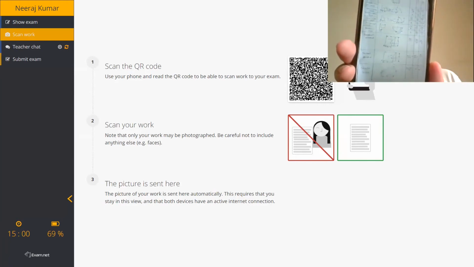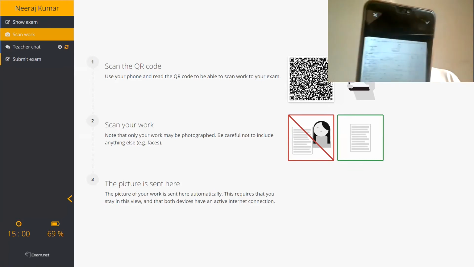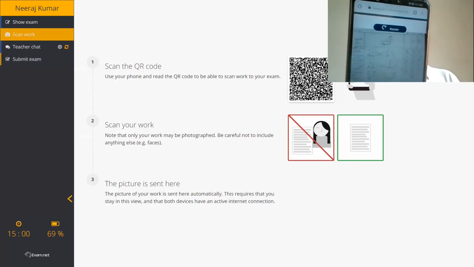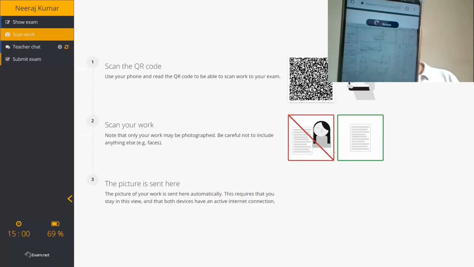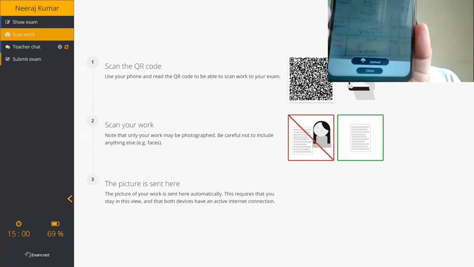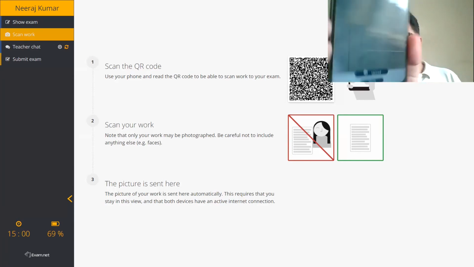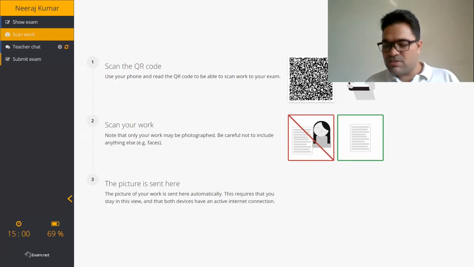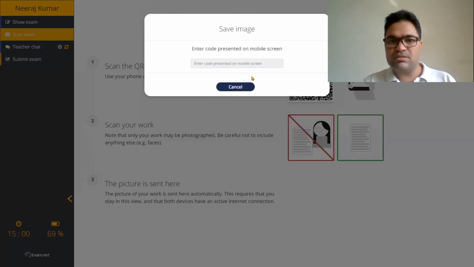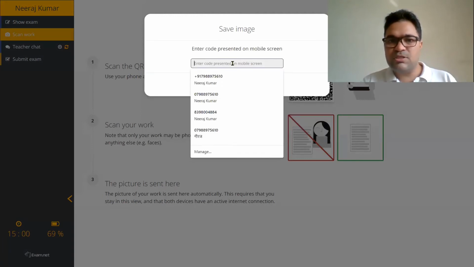After scanning it, you can see at the top there is a right click. You have to click on it, and then this page will appear, asking whether you want to rotate the page, or whether it is fine. At the bottom you can see there is an upload button. Click on the upload button, and then in the laptop where your exam is going on, it shows that the image is uploading, and this dialog will occur. Now it will ask for the security code.